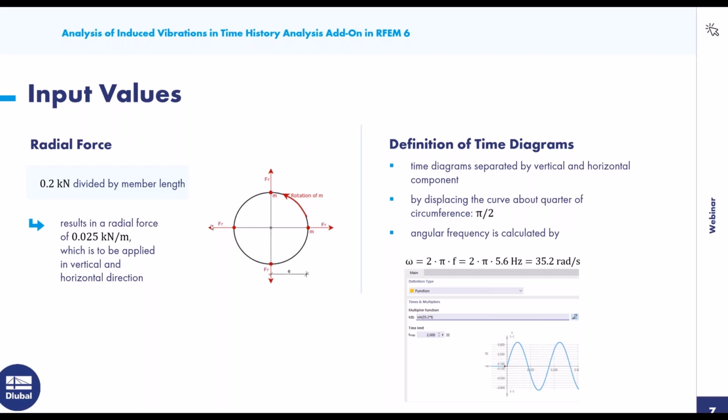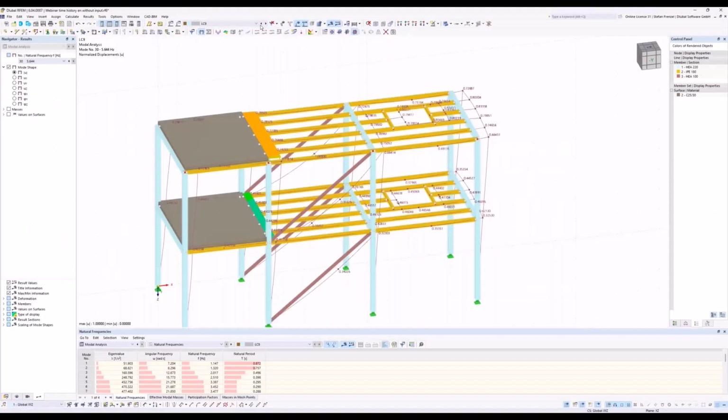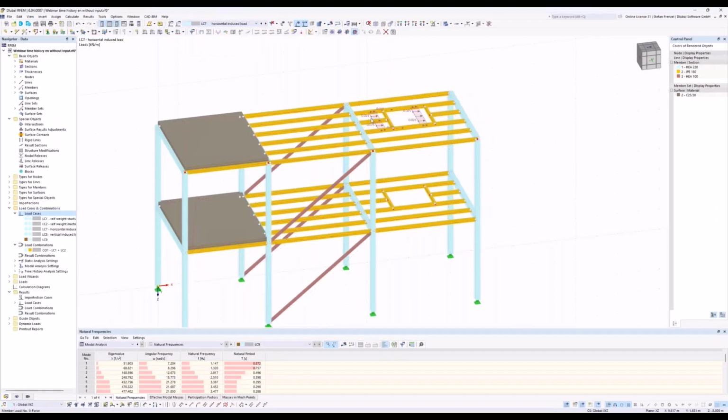And I have to divide these 0.2 kilonewtons by the member length, and then we get 0.025 kilonewtons per meter. And this I bring onto the structure in load cases 7 and 8. You see here the 0.05, and here also I just divided it by the member length where the machine stands on,